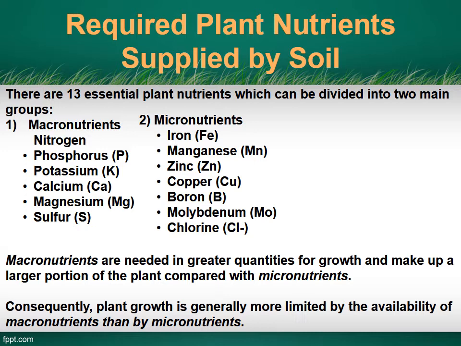So macronutrients are the nutrients that plants need in a relatively large amount. Micronutrients are needed in much smaller amounts, but all are important for normal healthy plant growth and reproduction. So if a plant doesn't have enough of any one of these nutrients, it will suffer and will start to have symptoms. Plants are normally going to suffer from a shortage of a macronutrient like nitrogen, phosphorus, or potassium, but